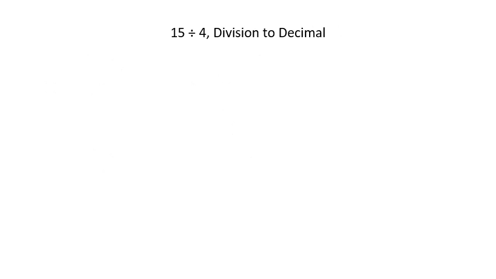So the last example I want to look at is just 15 divided by 4. And this is going to allow us to convert a division problem, inherently a fraction, this 15/4, into some sort of decimal. I could do the same thing with 1 divided by 4 or 3 divided by 4. So I'm using an improper fraction, not for any specific purpose. But if I take this 15 divided by 4,